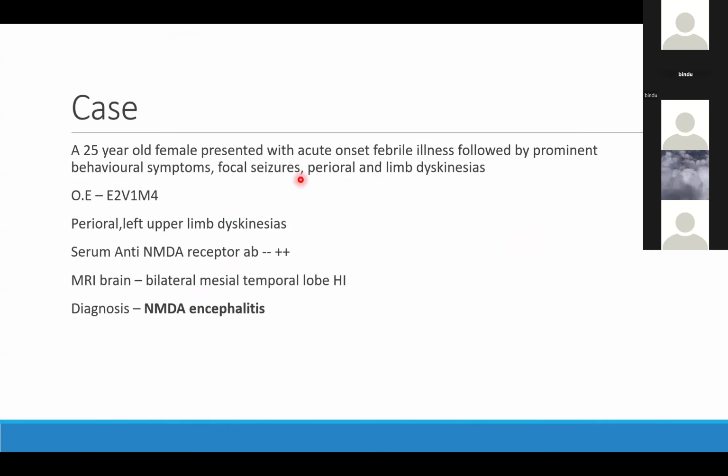So this is a case of a 25-year-old female who presented with acute onset febrile illness, followed by prominent behavioral symptoms, focal seizures with perioral and limb dyskinesias. On examination, her GCS was E2V1M4. She had perioral and left upper limb dyskinesias. Her serum anti-NMDA receptor antibody levels were 2+, and MRI brain showed mesial temporal lobe hyperdensities, and a diagnosis of NMDA encephalitis was made. This was the EEG